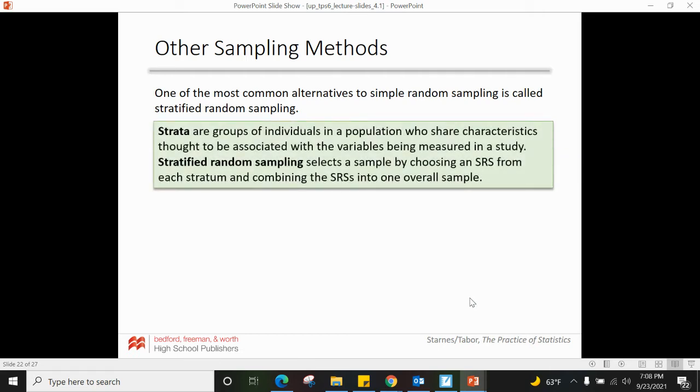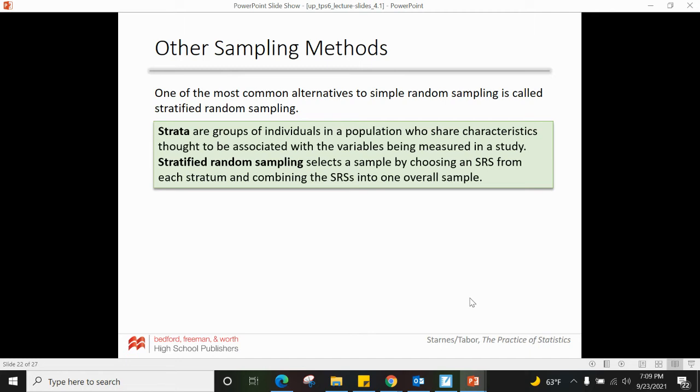So stratified random samples are built by these strata. Strata are groups of individuals in a population who share characteristics thought to be associated with the variable being measured in a study. So, for example, going back to the off-campus lunch at school, we might use strata as the different classes: freshmen, sophomores, juniors, and seniors. Each one of those strata,